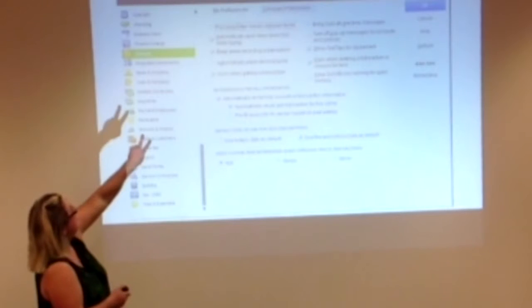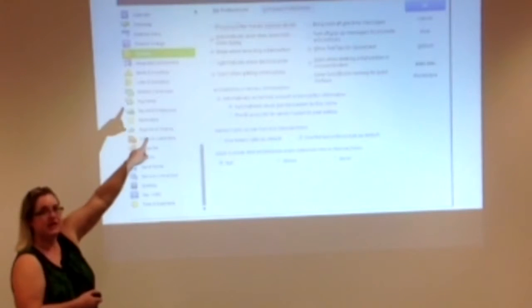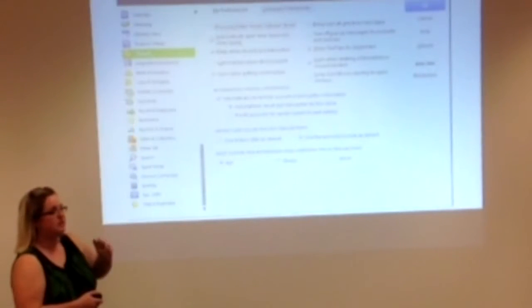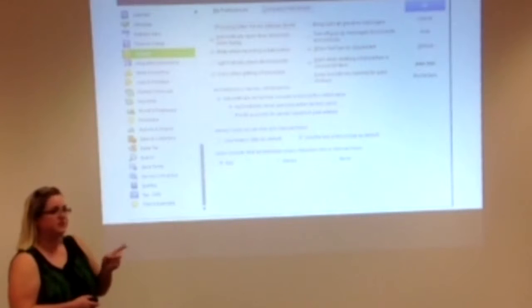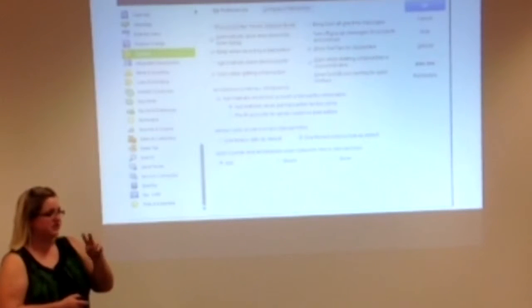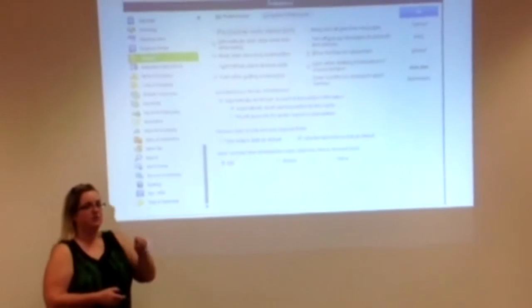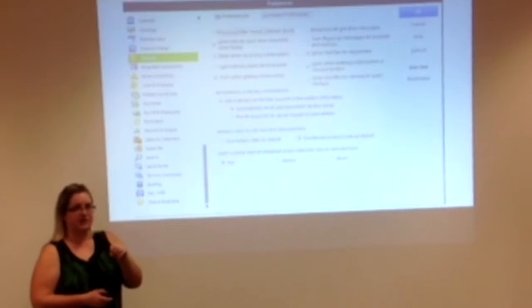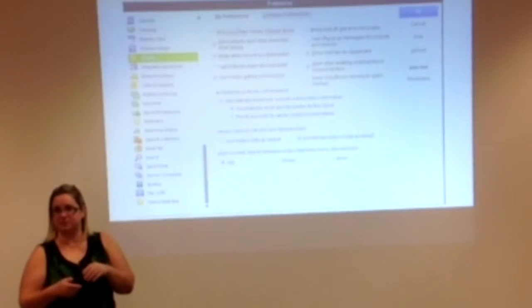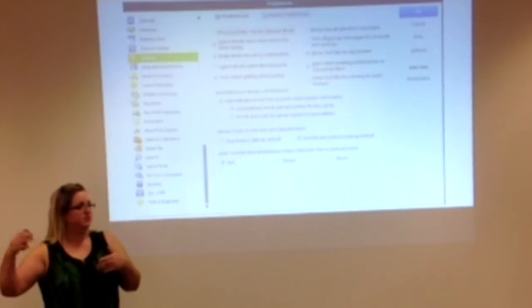Really, you have two different choices for every single one of these preferences over here. You have My Preferences and you have Company Preferences. If you have more than one user that uses your QuickBooks, and you have different logins in a multi-user system, if you change anything under My Preferences, you're the only one that's going to see those changes. So you can change those preferences, and then your second user, your third user, your fourth user that logs in,